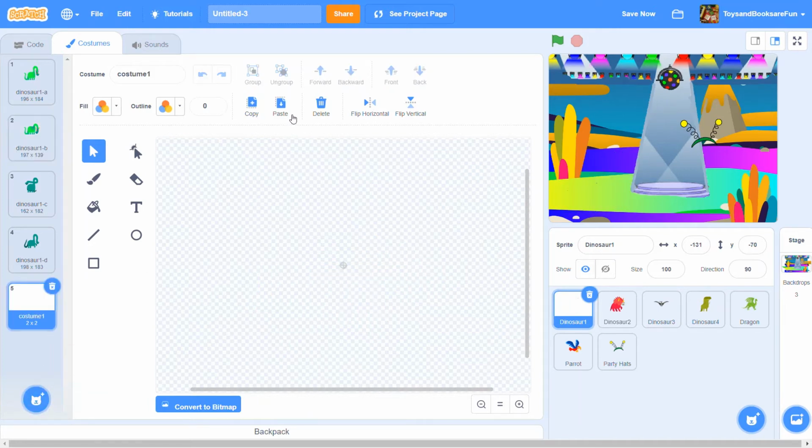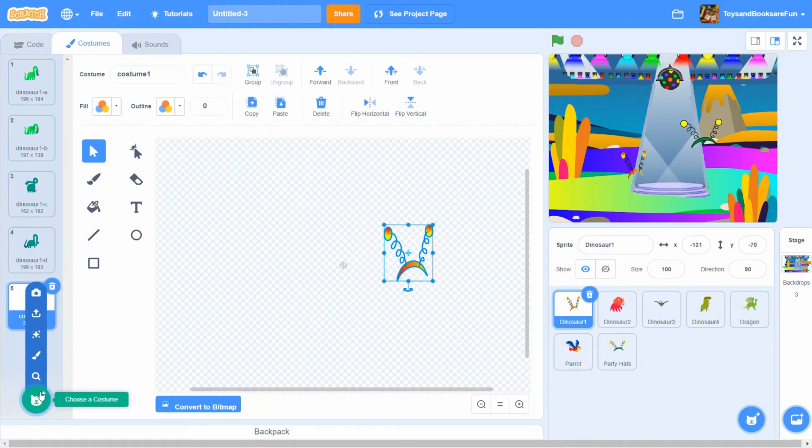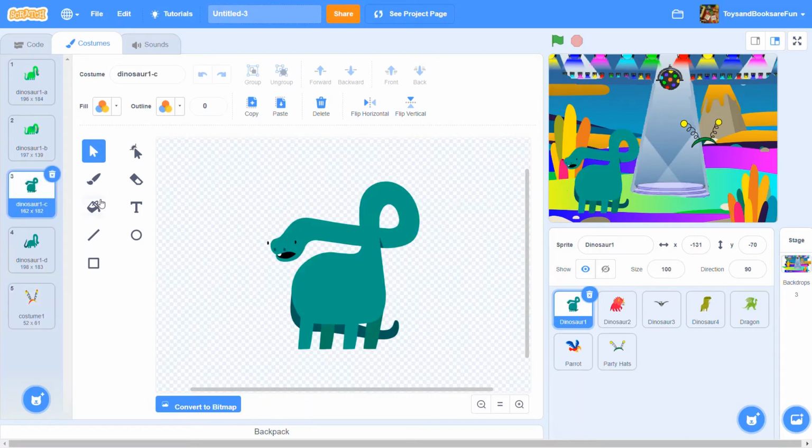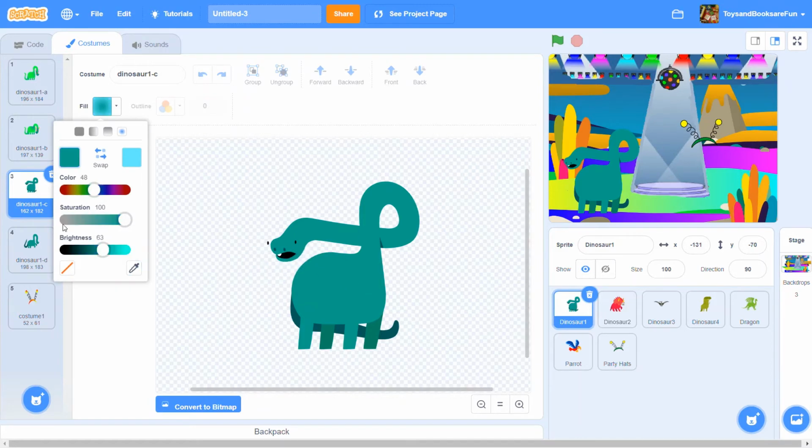Just so that we make sure we don't have to delete our dinosaur again to get his hat back, we just create another costume using choose a costume and click paint. And then you paste it here so you know you always have it here. Then we click on Dinosaur 1C, we fill him in using this color